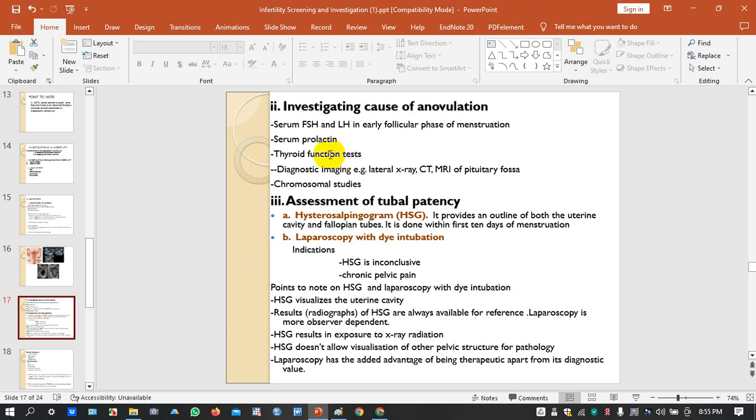All of this means that if your thyroid hormone levels are low, it can affect your fertility, because thyroid hormone level influences the concentration of prolactin that is produced